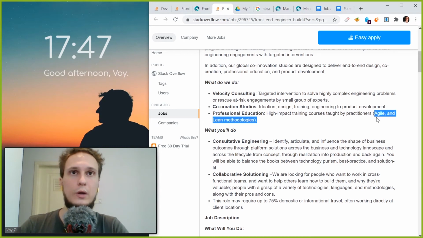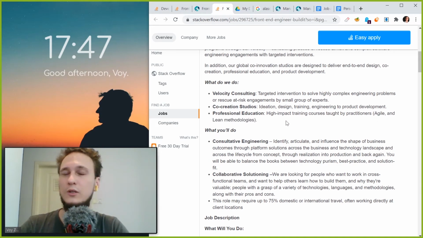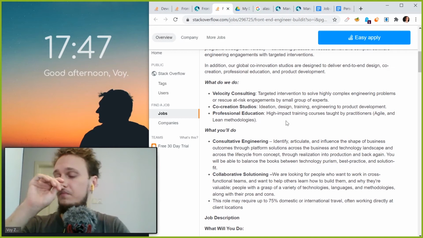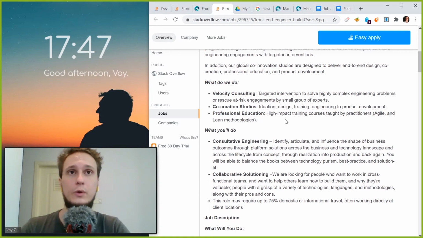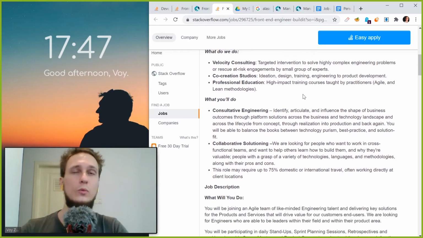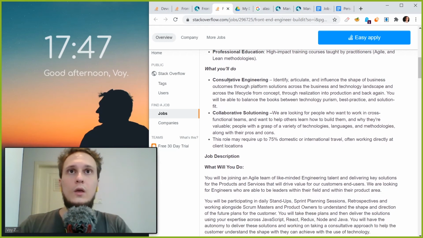They seem to be doing it primarily for agile and lean methodologies, but still, any kind of experience we might have in this field could be relevant, whether voluntary or paid or whatnot, right? Just why are we the right candidate for this? So if we're going to be doing the